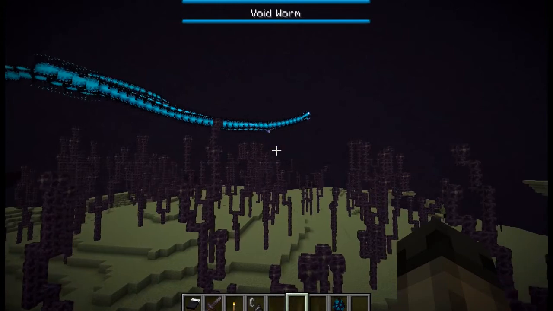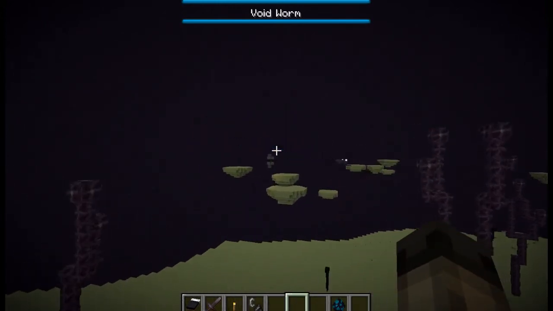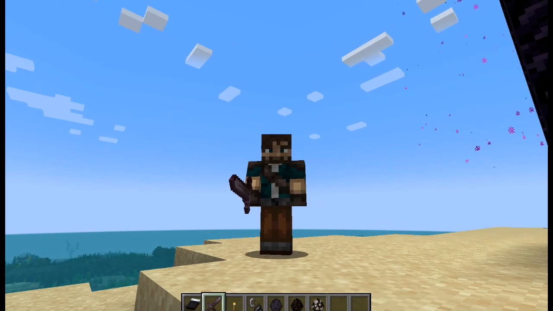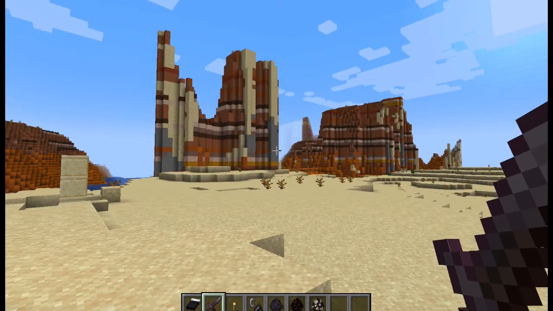Like, I don't know how these things work, but that's kind of it for here. And now I have to make my way back. I made it. Huh. Anyways, so I'm at a desert right now, but before I do anything with this desert